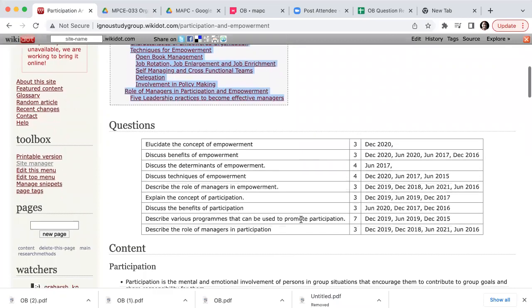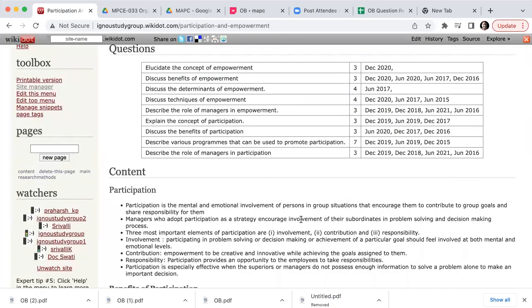What is the difference? Participative management is about making people participate in managing the company. So they are part of management, taking the strategic decisions. Here we are talking about people participating in the work that is being done by the company. They feel ownership of the work they are involved in, and they are involved in aligning their goals towards the organization. That is what participation is.